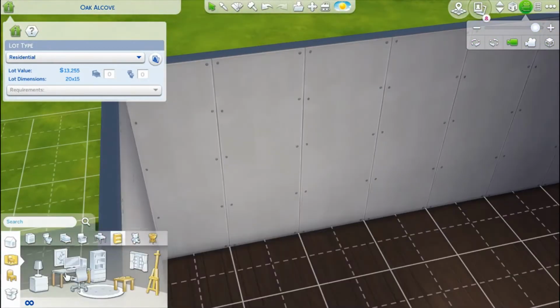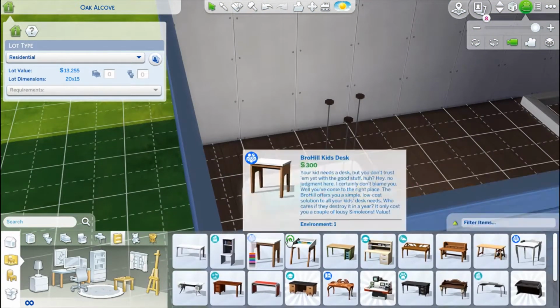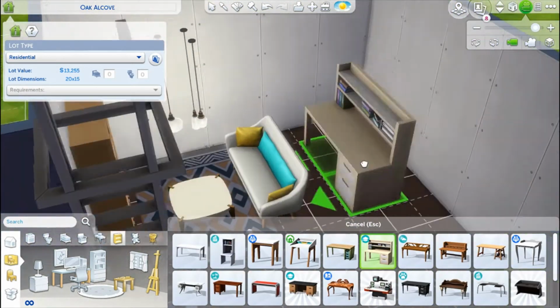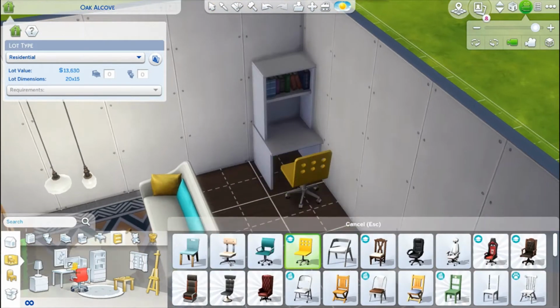And then I wanted to put like a big desk against the wall, but it wasn't gonna fit. So I ended up using the city living desk, and it fit right in there. And yeah,